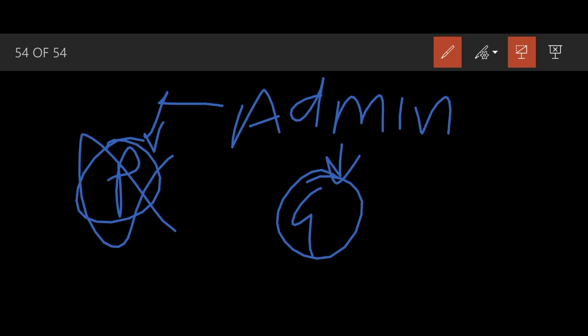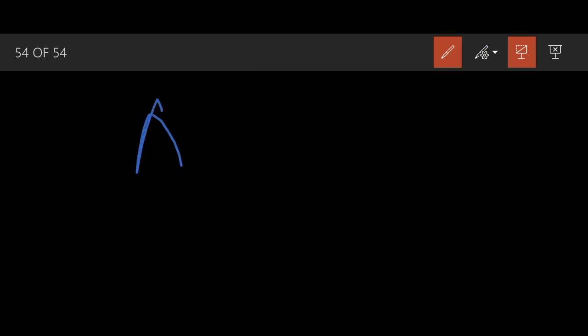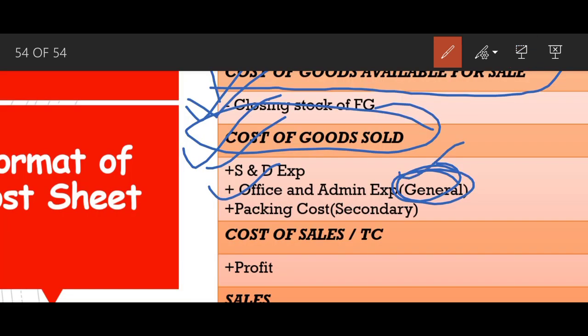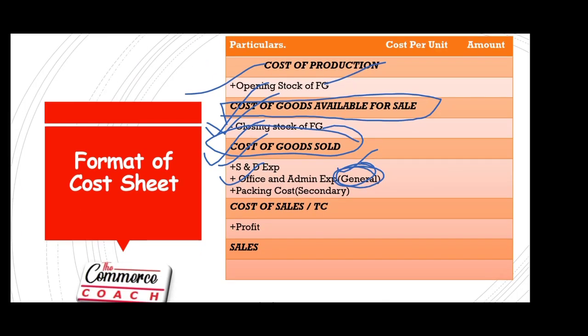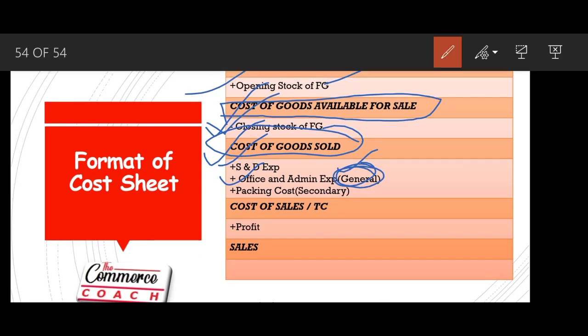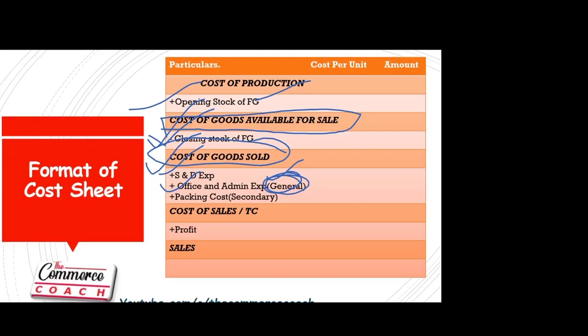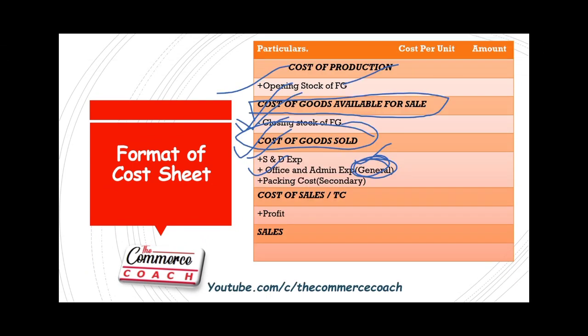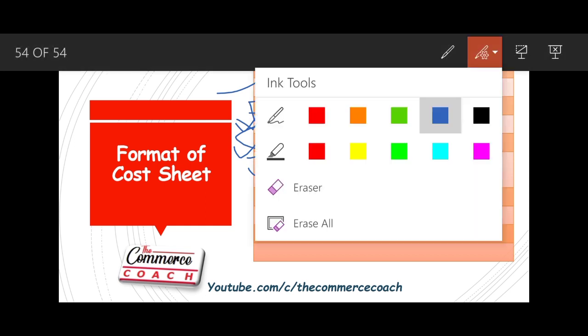There are certain expenses that are only incurred for the production department, and there are admin kind of expenses that are incurred at the journal level. Accounting expense is of a general nature because it is incurred for the business as a whole, so it will be included here, in the journal. The relevant part will be included here. Office and administration expenses we have also seen before, but for different purposes.